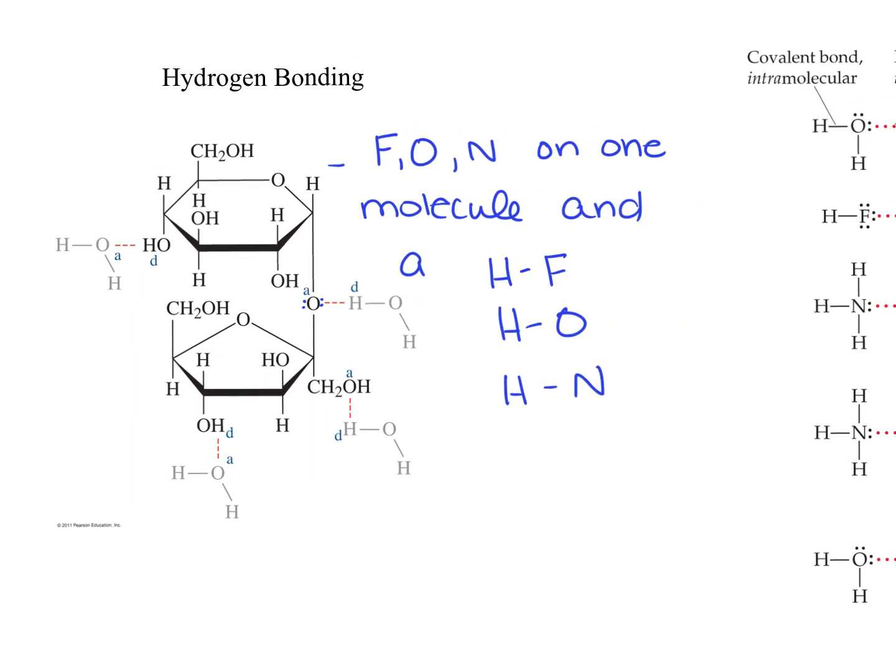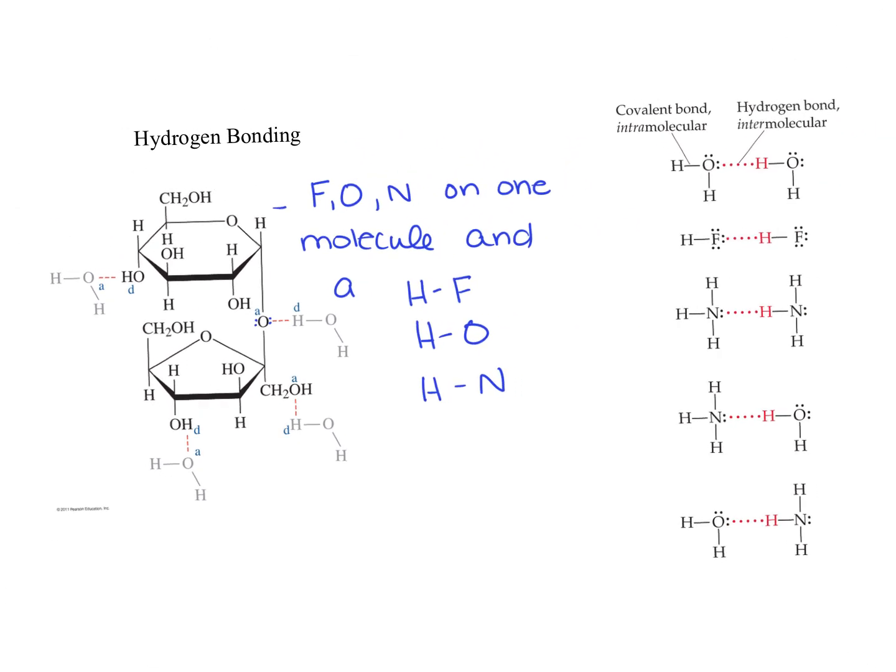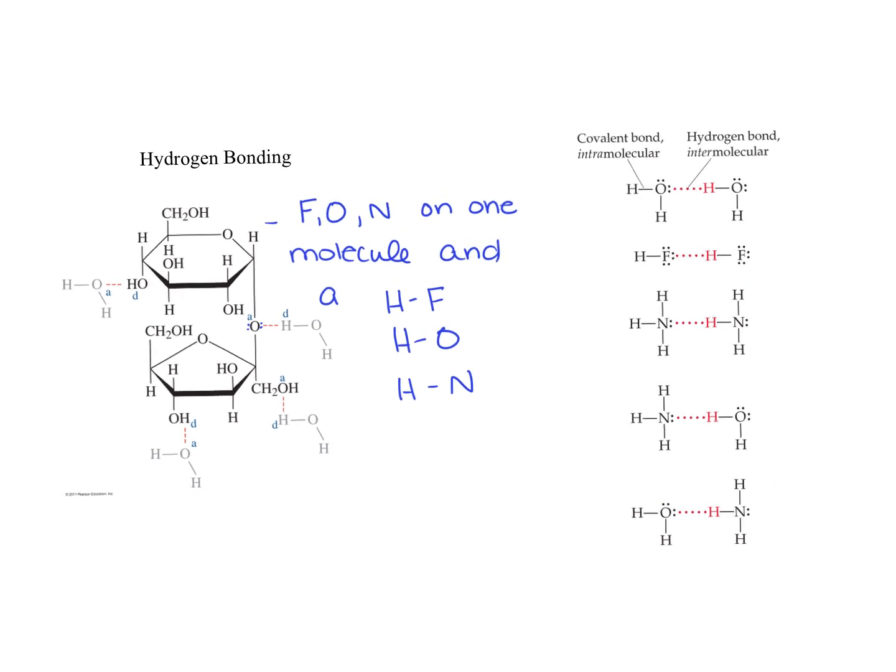They're showing some hydrogen bonds, but it can actually form many, many hydrogen bonds there. Here's some other examples of hydrogen bonds. You can get hydrogen bonds between, I've got the oxygen here with the hydrogen bonded to an oxygen. Same thing with the fluorines and nitrogens, but it doesn't have to be the same fluorine, oxygen, or nitrogen molecule. For example, you can have a nitrogen here with a hydrogen bond to an oxygen on a hydrogen on an oxygen molecule, okay? So it doesn't have to be one and the same,